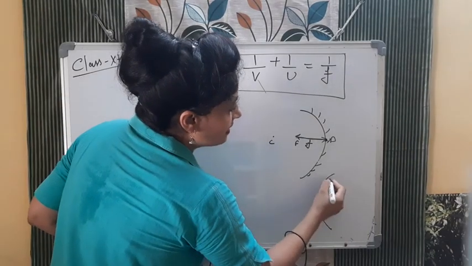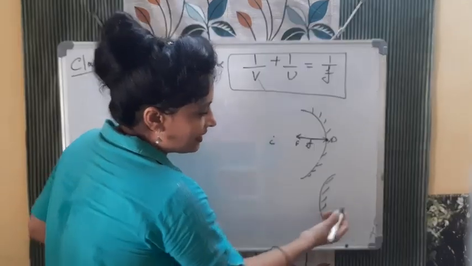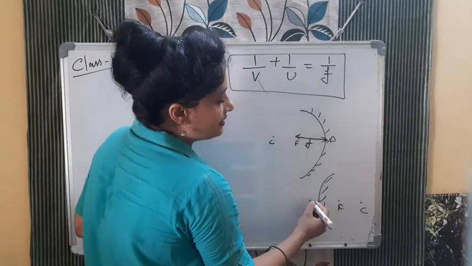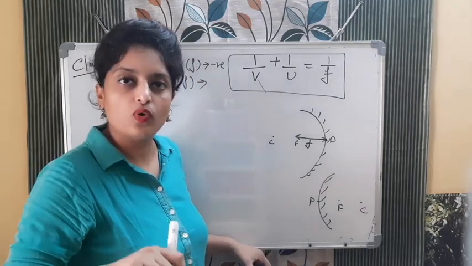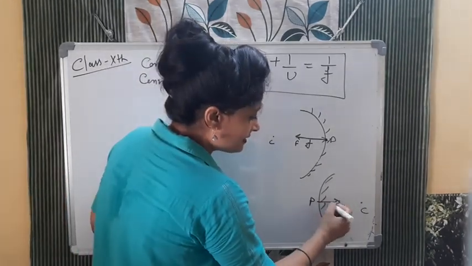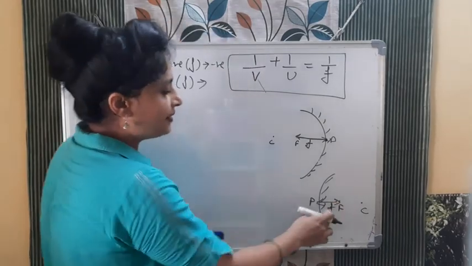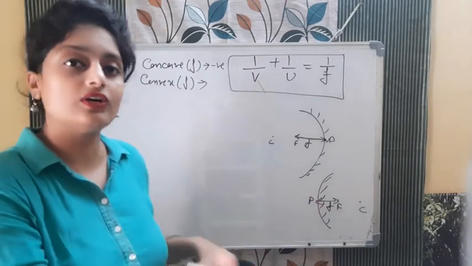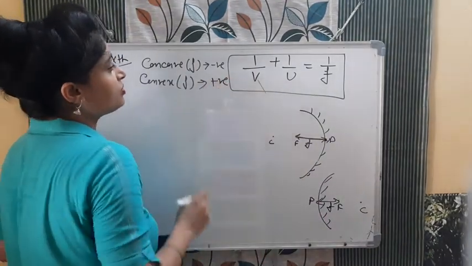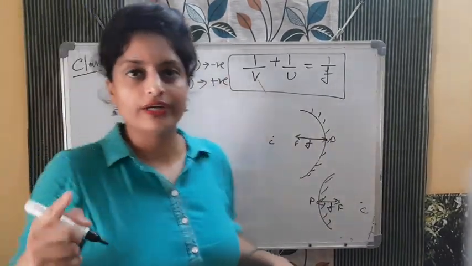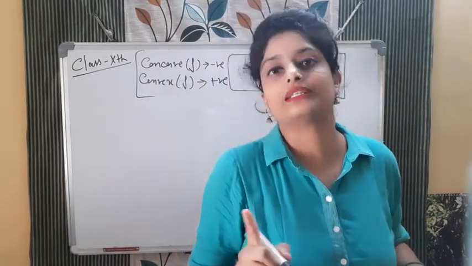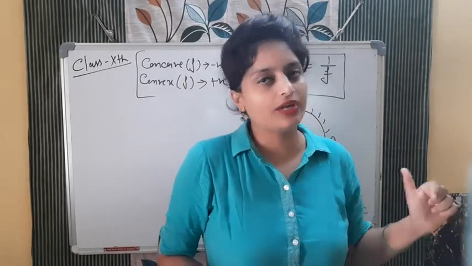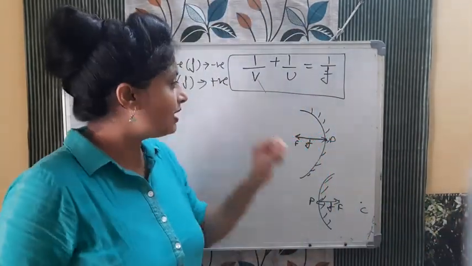In case of convex mirror, you will draw the diagram like this. Again, this side is reflecting. Now somewhere here center of curvature, here it is focus, and here it is pole. So the distance from the pole to focus, again pole to focus, this is focal length. So what will happen? This focal length, pole to the right side. आप कहाँ जा रहे हैं? pole से right side. So focal length क्या होगा? Positive. इस केस में हमेशा positive होता है. So जब भी numerical solve करोगे ना, you need to see first thing कि mirror कौन सा है. It is convex or it is concave. After that you will get to know कि focal length negative लोगे या positive. Okay? This thing clear?